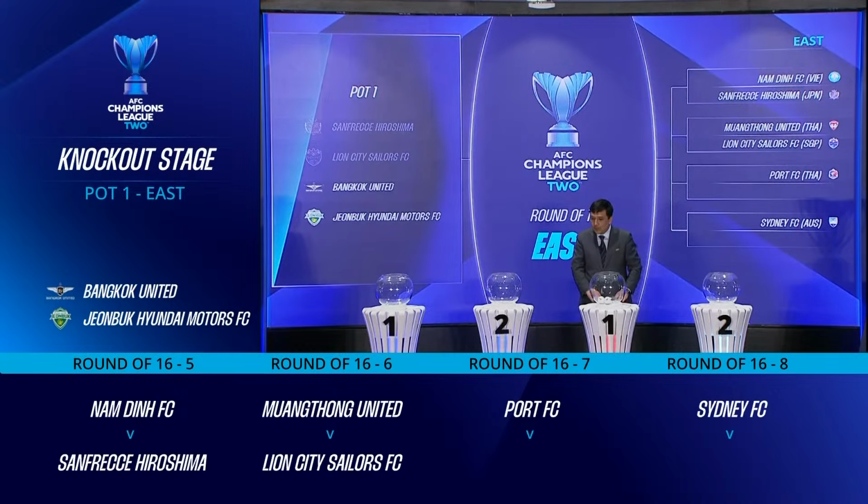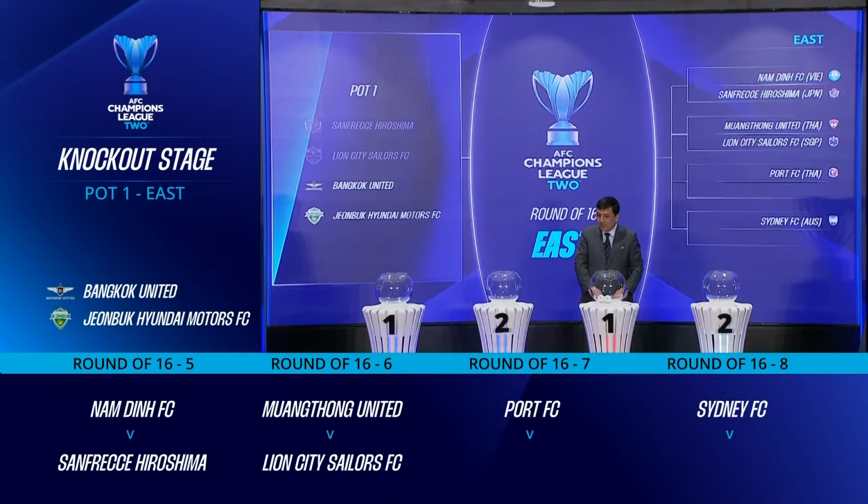We have two clubs remaining, Bangkok United and Jeonbuk Hyundai Motors FC, and we may actually have a Thailand derby in the round of 16. So let's